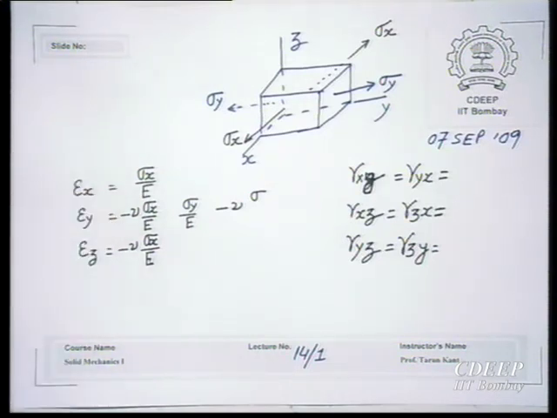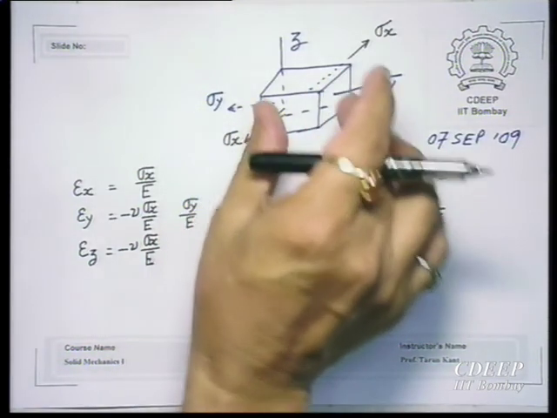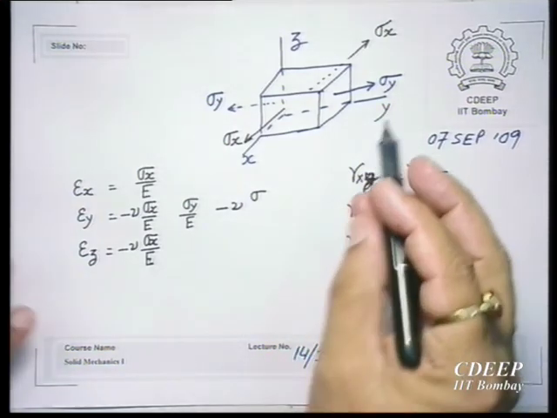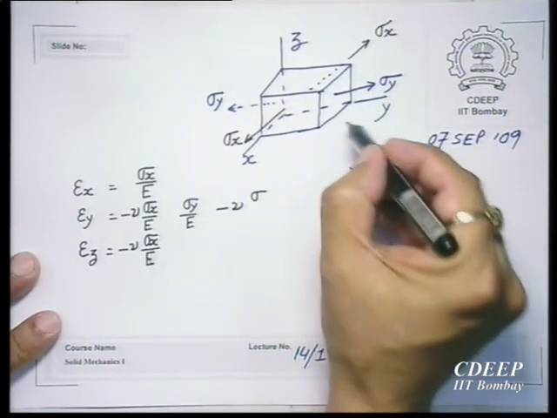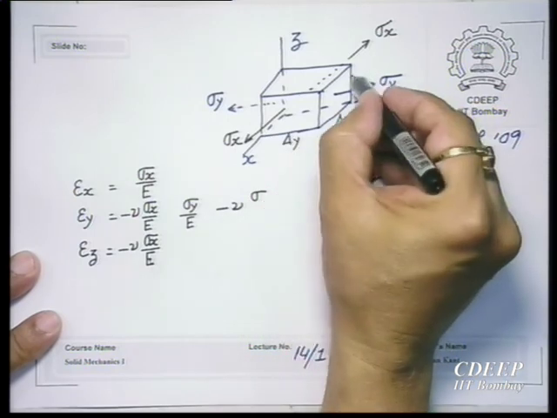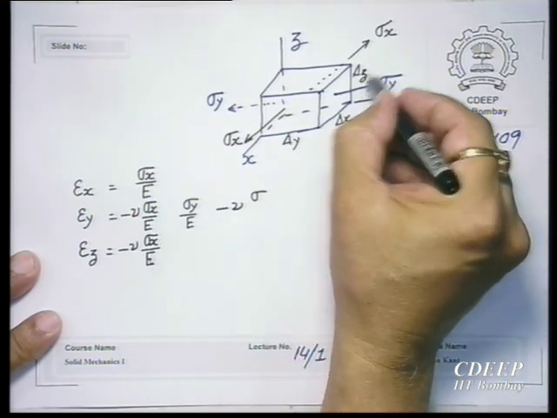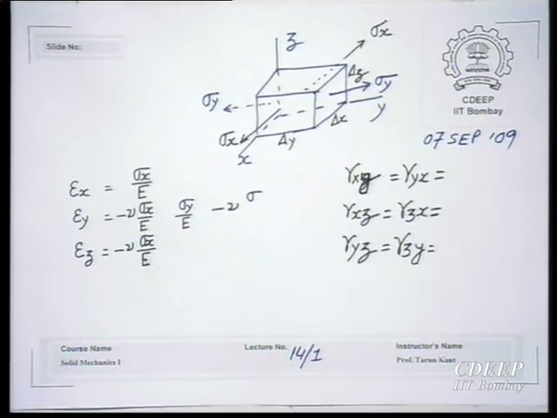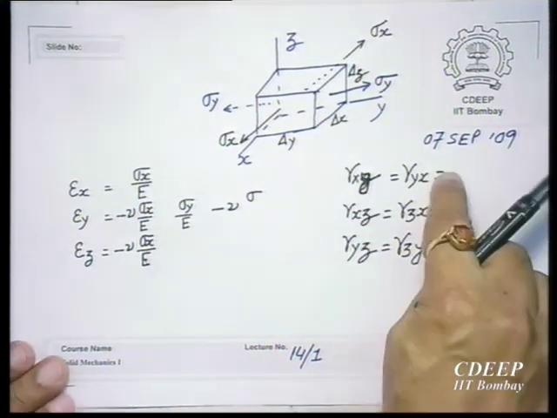So, since the angles between, because the sides will change, it will not be dx, dy, dz, the sides will not be equal to dx, dy and dz. Originally it was dx, dy, dz, but after application of sigma x, the sides will change, because it will elongate in x direction, contract in y direction, and contract also in z direction. What will happen to these strains? See,